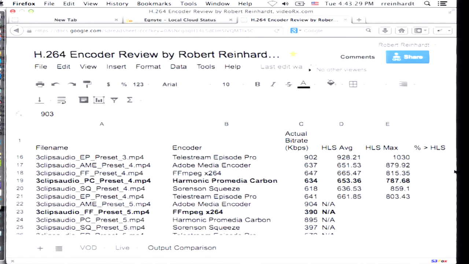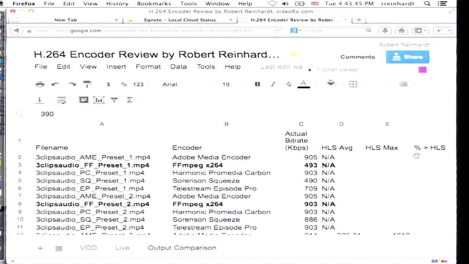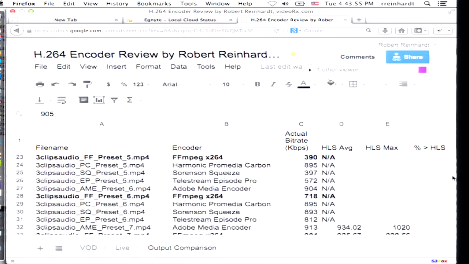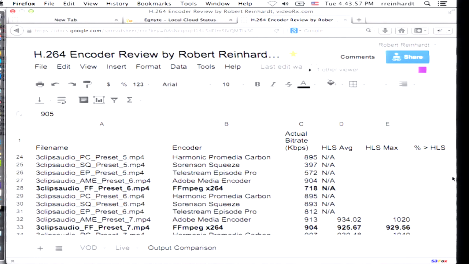You're going to get better quality for the same bit rate, or at a lower bit rate, with one profile over another. So if you look at presets, preset 5 is the main version of the baseline profile. It's 390 compared to 493. So it was substantially lower, especially, I mean, ffmpeg, not so much as it was in some of the other encoders. If we look at